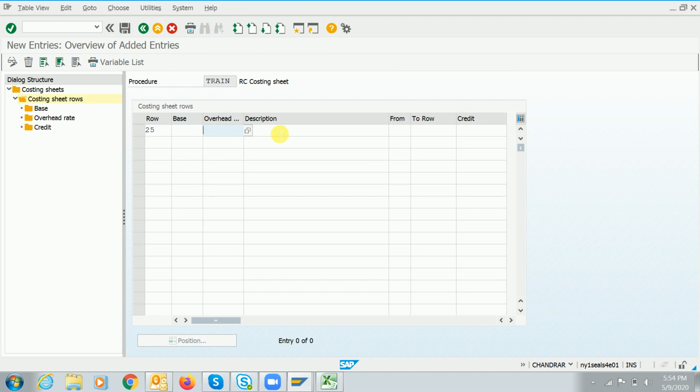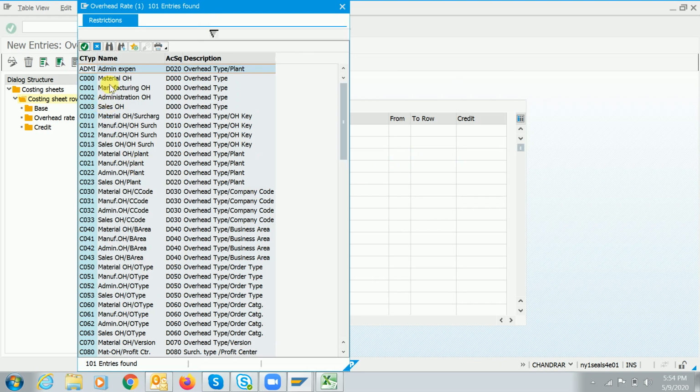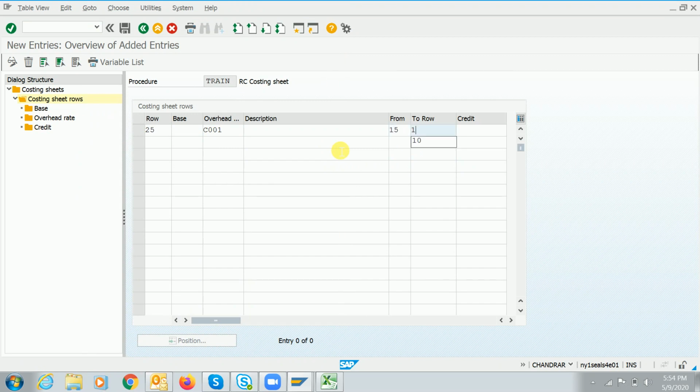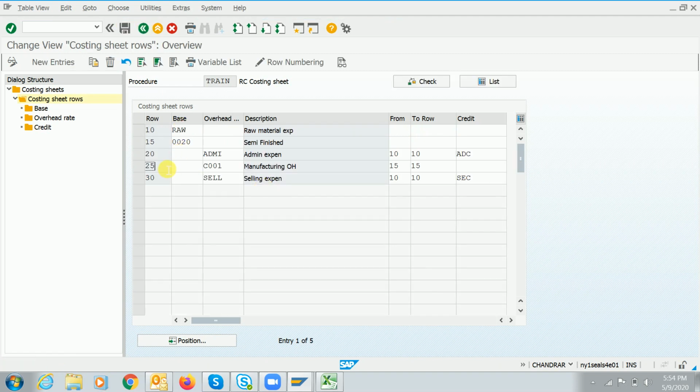I'm taking a random one, guys. For this example we haven't created anything, so let me take this here. I'll maintain only 15. Let me go back and show you. For the 25, for the semi finished product, I have taken only 15.